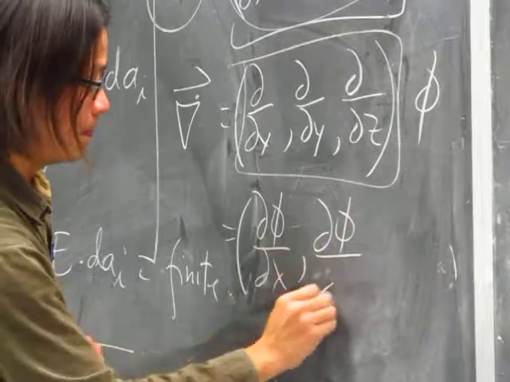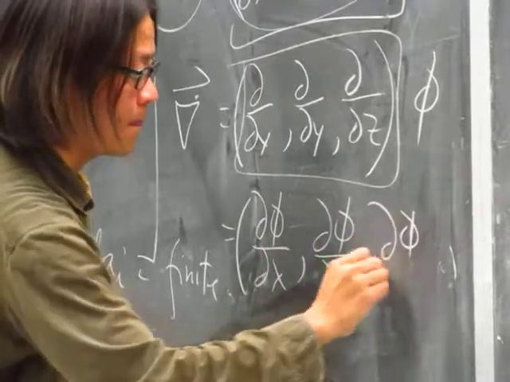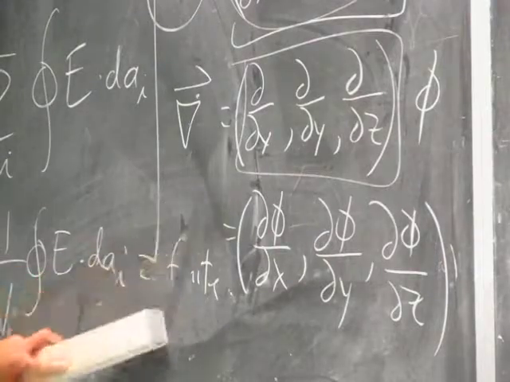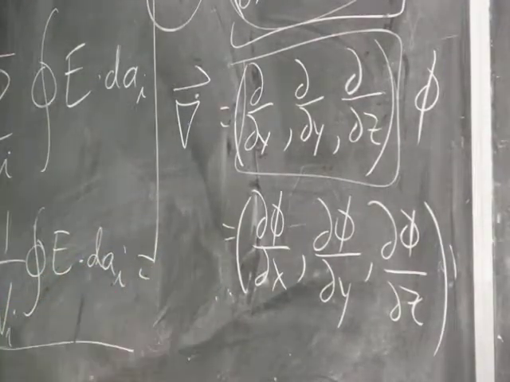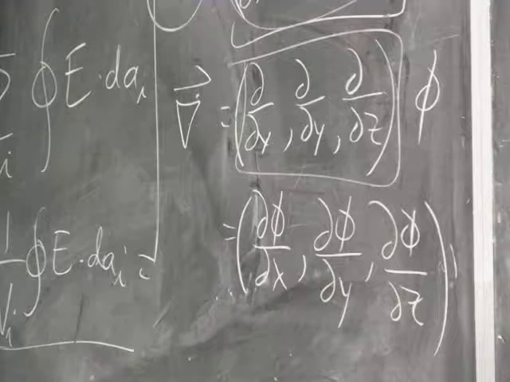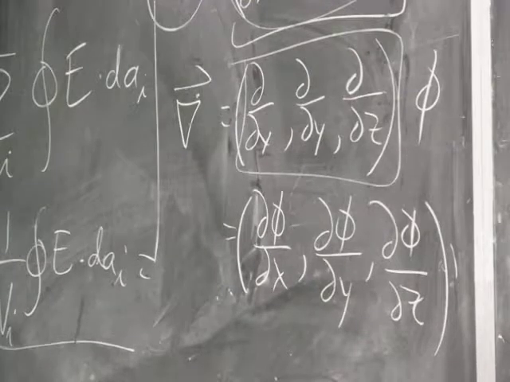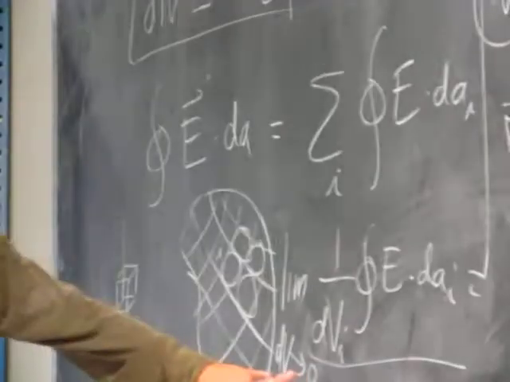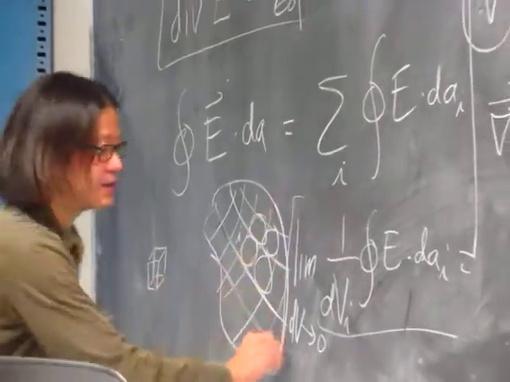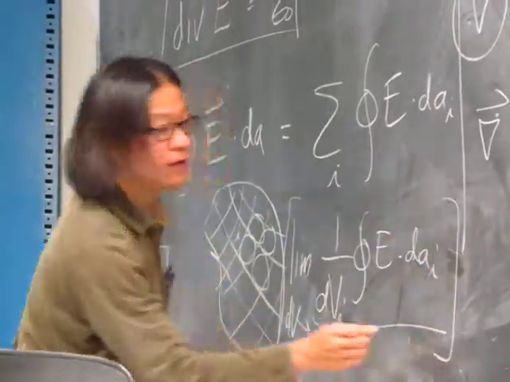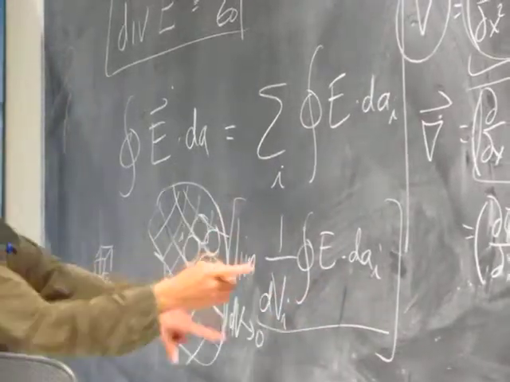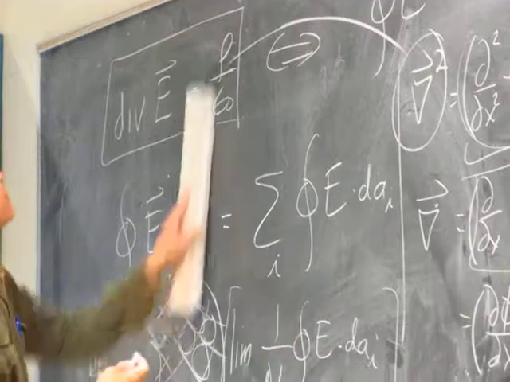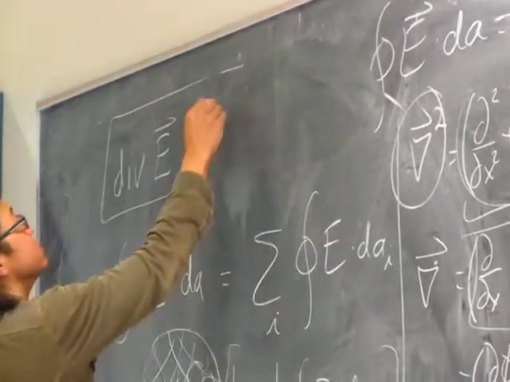And what is it doing if, like, if I was a volume or something? Is that how this step goes? Say it again. I don't get how you go from the limit of this integral thing to the divergence. You can show that if this limit exists, then this operation, which we call the divergence, becomes just